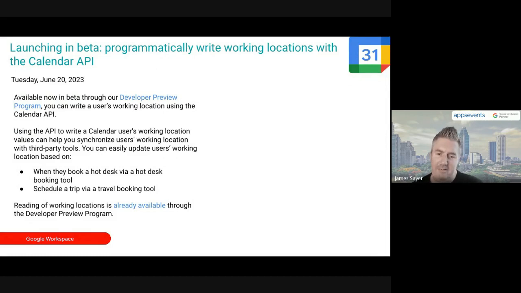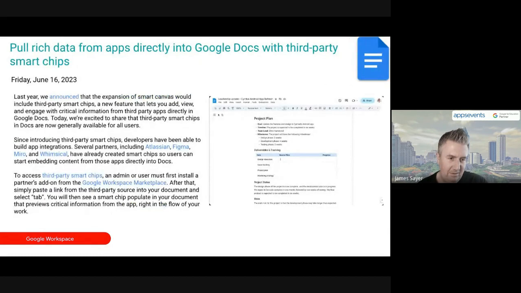Updates about programmatically writing your working locations with a Calendar API. I think we can leave that one there. And I think that's it. I think we did